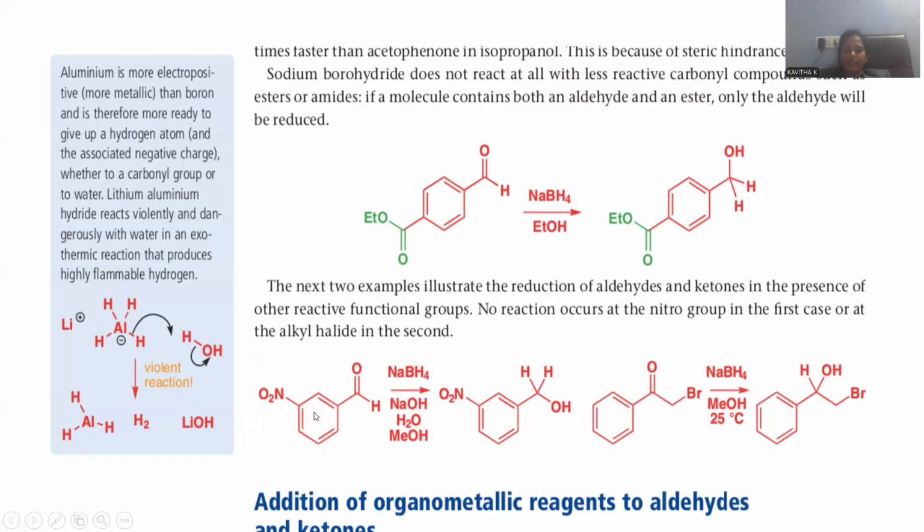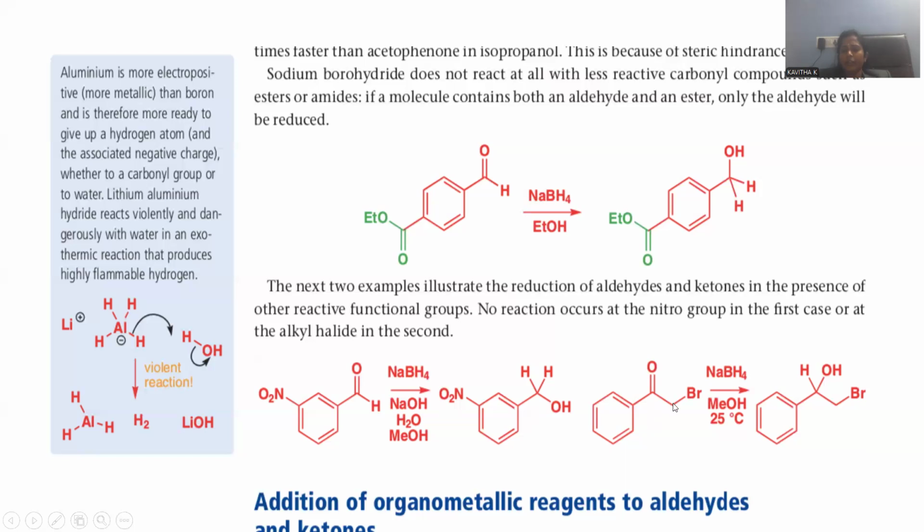And I'm giving another example where multiple functional groups are present. Here is the aldehyde, here is the nitro. Whenever aldehyde and nitro both are present, sodium borohydride is selective for the aldehydic reduction without affecting the nitro functional group. We are not disturbing nitro, only selective carbonylic reduction you can observe, right? So after getting this alcohol, benzyl alcohol, what is this? Meta-nitrobenzyl alcohol. That product formation is indicating the selectivity of sodium borohydride.